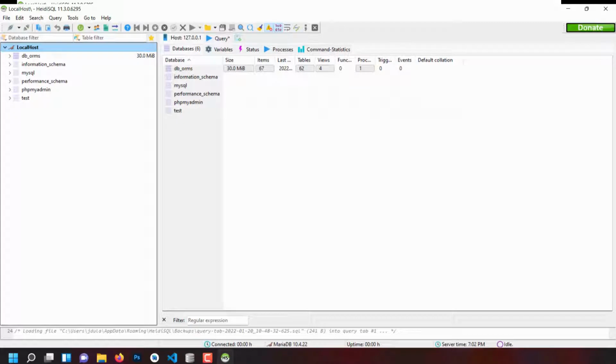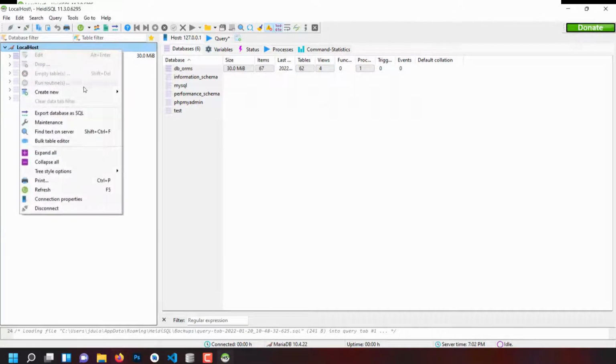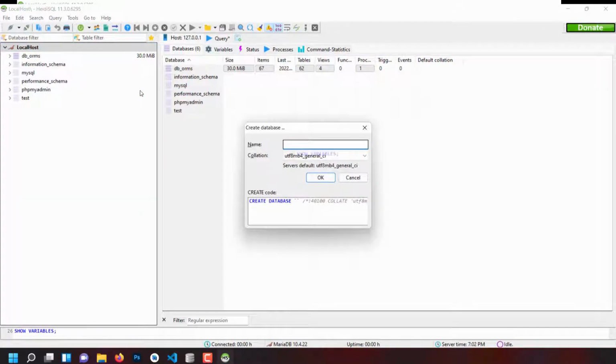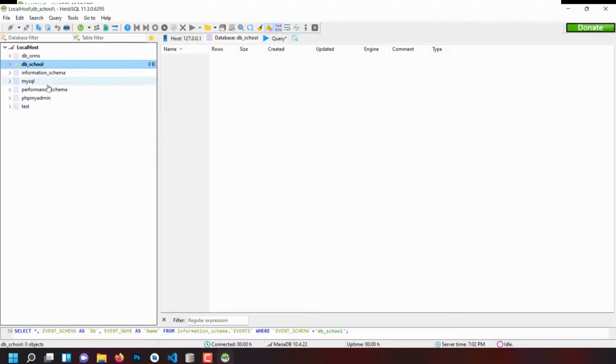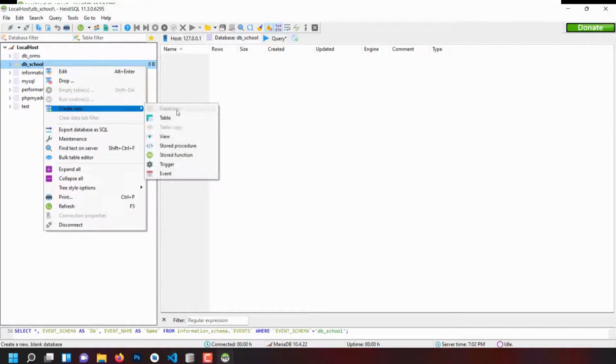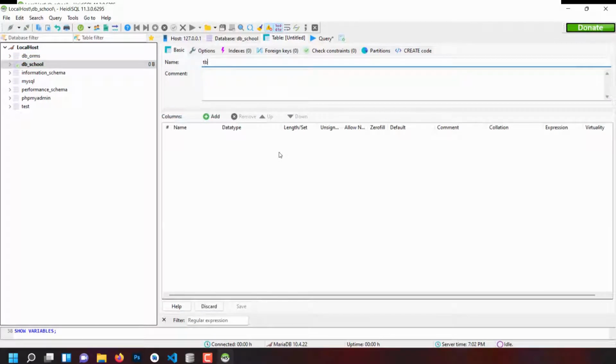and let me create a new database which we already have defined in our project, which is db_school. Let's create database db_school. Now create a table which is tbl_users